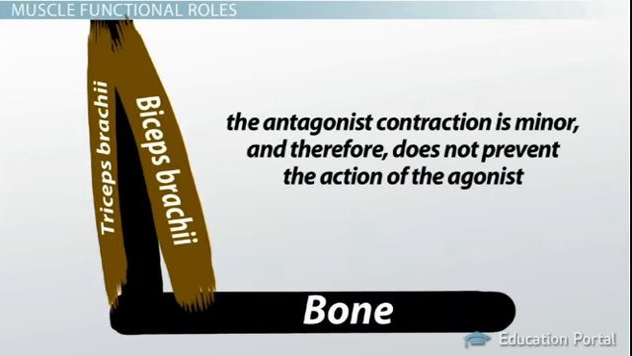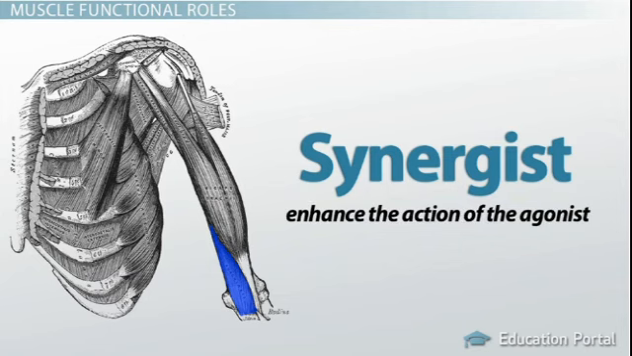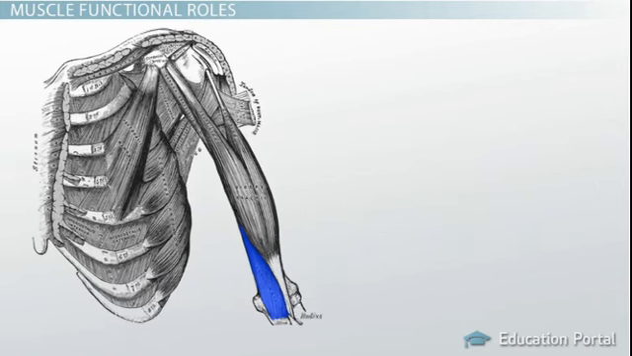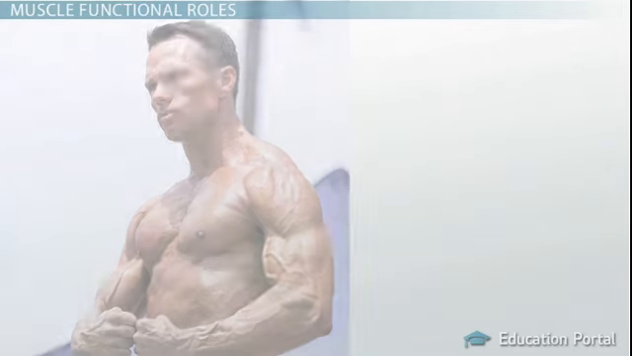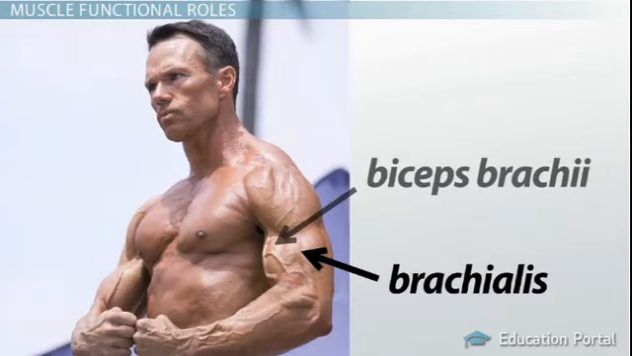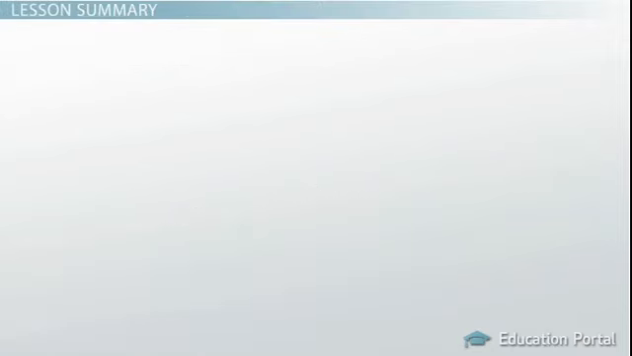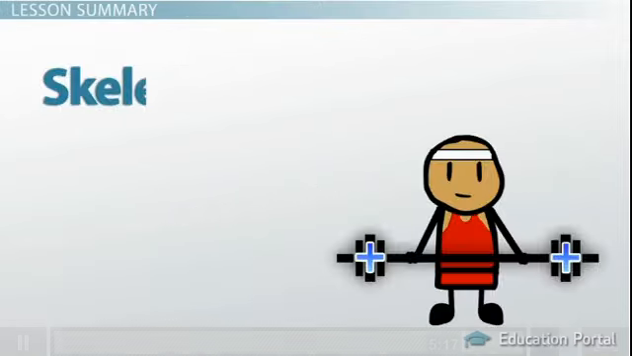A synergist is a muscle that enhances the action of the agonist. For example, the brachialis is a synergist of the biceps brachii during forearm flexion. The brachialis originates on the humerus and it inserts on the front of the ulna. Now, as these attachments of the brachialis are similar in nature to those of the biceps brachii, so is its action. Oftentimes, synergist muscles are needed to get a particular action started. In summary, skeletal muscles are attached